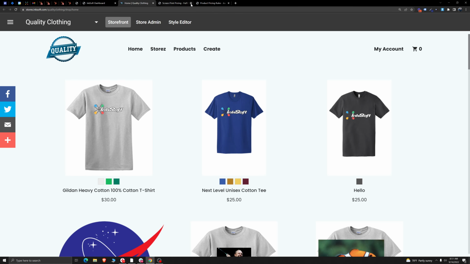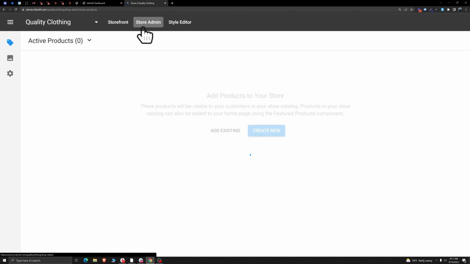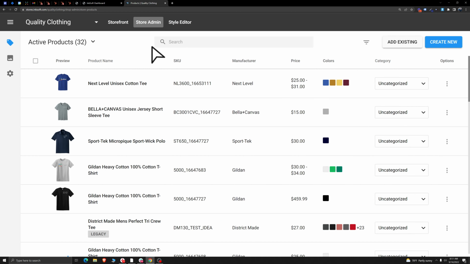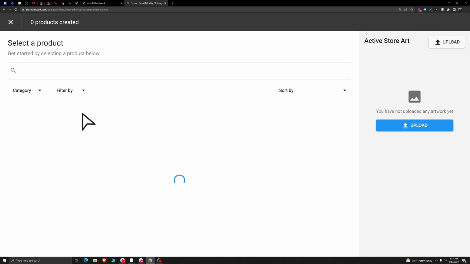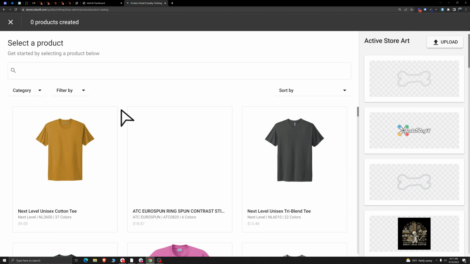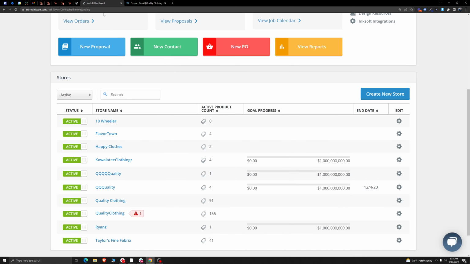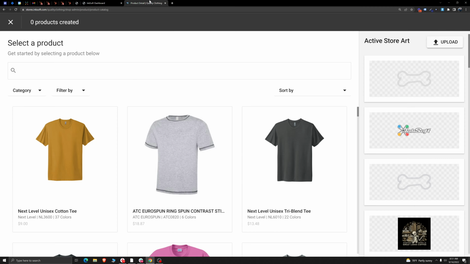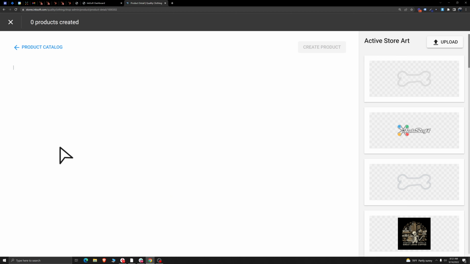You can close these out, and just go to Store Admin and click Create New. Alright, so what we're seeing here is all the products in Manage Products in our system. Everything that has a print region. So if a product has print regions and the status is active, of course, then you can access that product here and decorate it. So you don't even have to assign it to the store, it's just pulling everything from Manage Products. So let's just grab this 3600